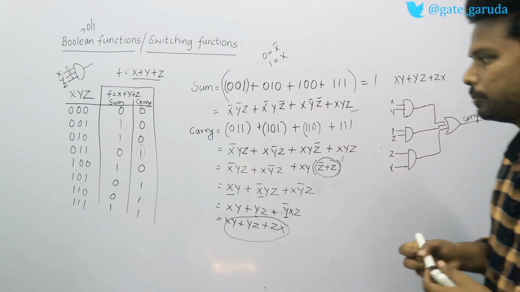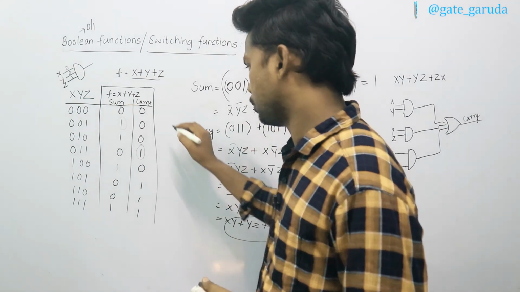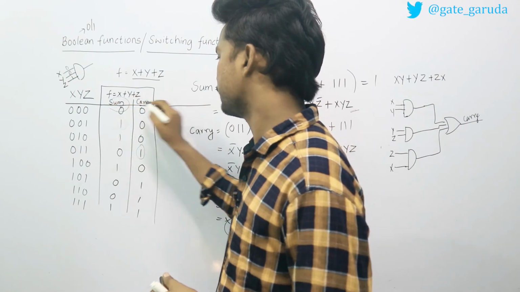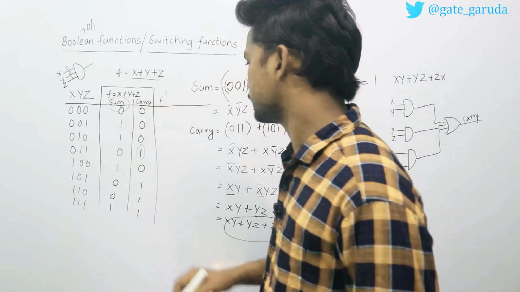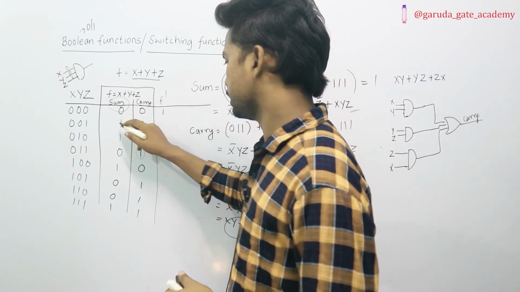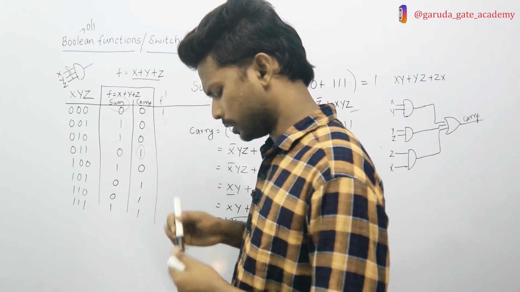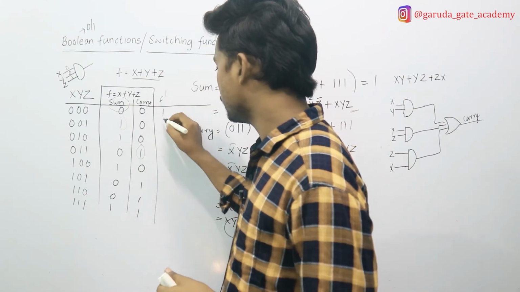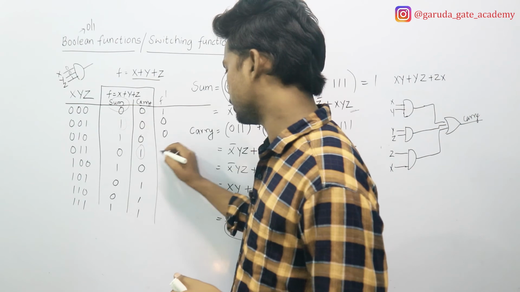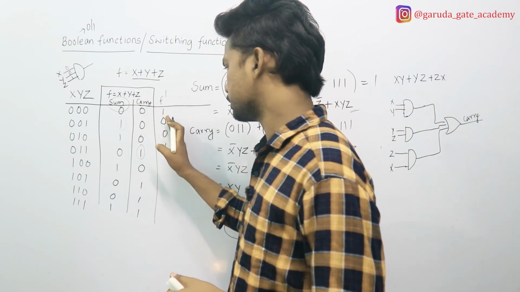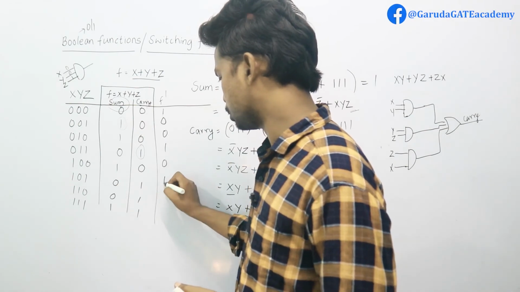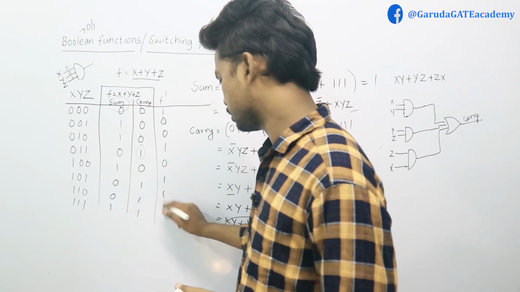Okay. So let us suppose if I want the complement of this function. Let us suppose this is f. So I want the complement of this. So here there is 0, here it will be 1. Here there is 1, so I'll put 0. Just negating it. Complement now. So that is why we are negating it. So here there is 1, we put 0. Here there is 0, we put 1. Because this is a function complement to this function. So here I put 0. Here 1. Here 1. Here 0.